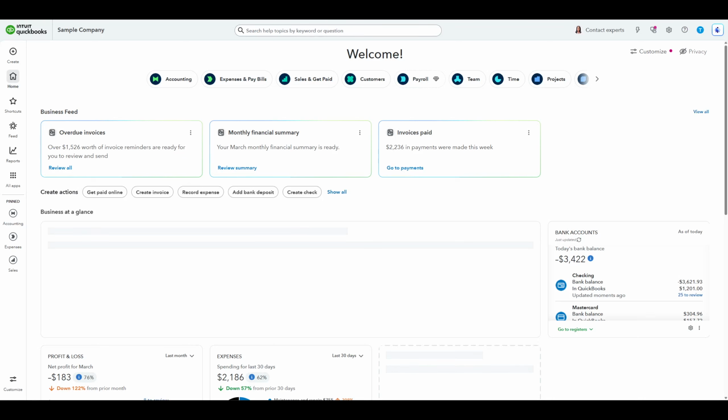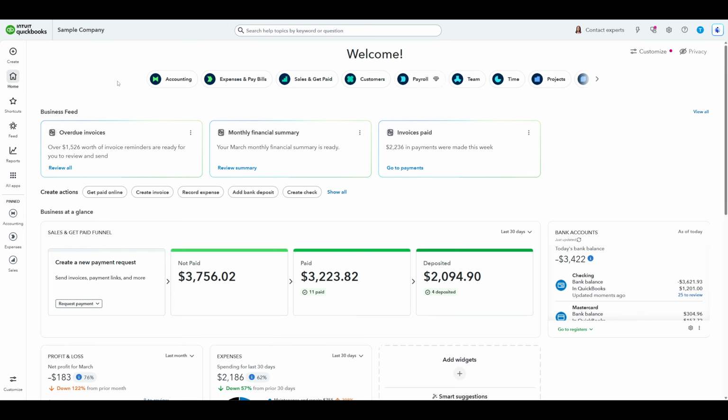In today's video, I'm going to teach you how to add an income account in QuickBooks. Adding a dedicated income account helps you keep your sales organized, makes your profit and loss report easier to read, and gives you clearer insights for planning and tax time. We'll walk through the exact clicks and also talk through how to choose the right settings so your reports tell